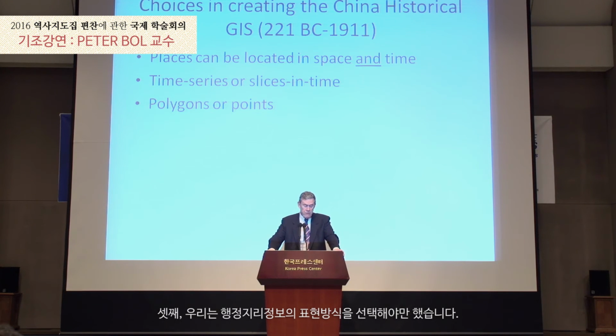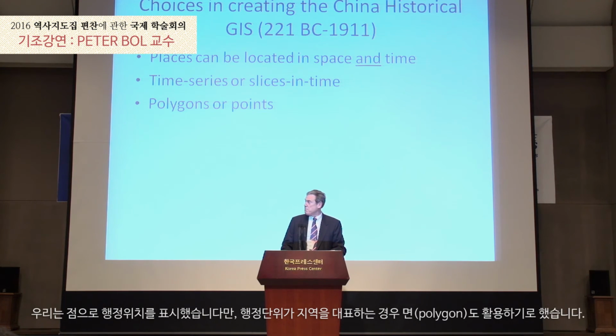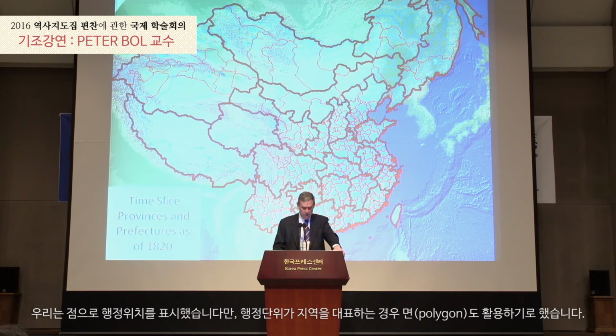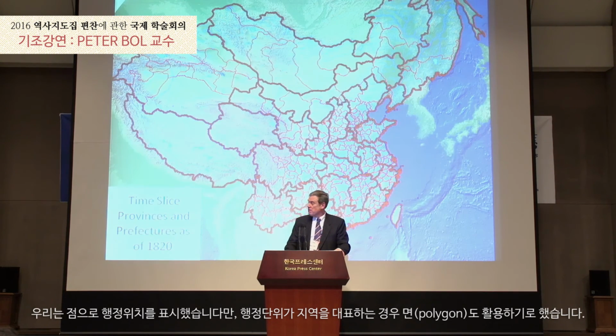Third, we faced the choices of how to represent administrative geography. For much of Chinese history, the basic structure is that counties belong to prefectures and prefectures belong to provinces. We could use points to represent administrative seats, but since administrative units represented areas, there was a great desire to use polygons, as you see here as well. In the end, we decided to use points for county seats and polygons for prefectures and above, with the exception of